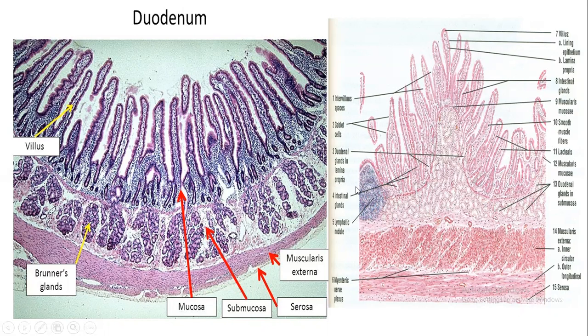These are mucus-secreting glands, and as you know, mucus-secreting glands have an oval basal nucleus and look empty and white because they are filled with mucus. Duodenal glands are in the submucosa. No glands can be seen in the ileum or jejunum. Submucosal glands are seen only in the duodenum. Then the muscularis externa, inner circular and outer longitudinal, and between them is the myenteric plexus. And then you have the serosa. The first part of the duodenum is covered by serosa, the rest is covered by adventitia.